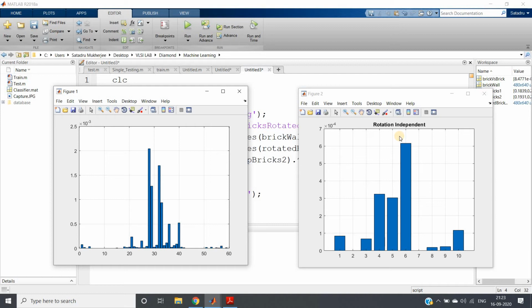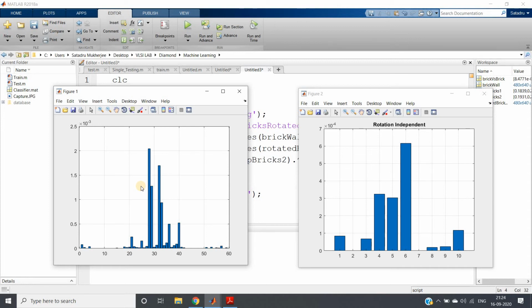So while training the machine learning model, you need to keep this in mind. Whatever features you are extracting using LBP, they should be rotation invariant. Then only your maximum error, the squared error, is going to be lesser, and as a result your machine learning model is going to predict both as belonging to the same category. Otherwise, if the error is high, as in this case where we are not enabling rotation invariance, there is a probability that your machine learning model may predict them as different.